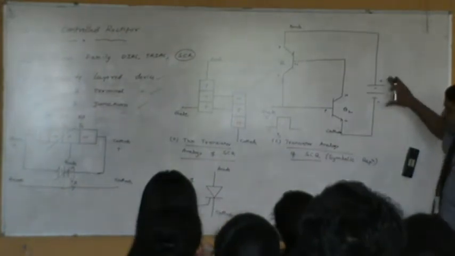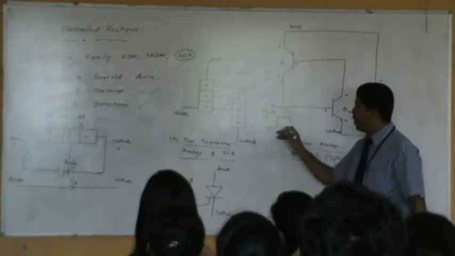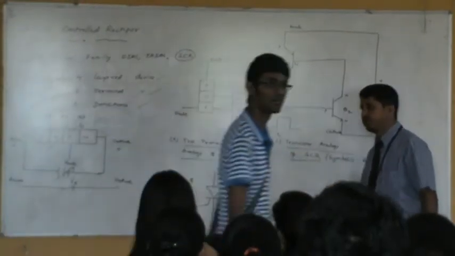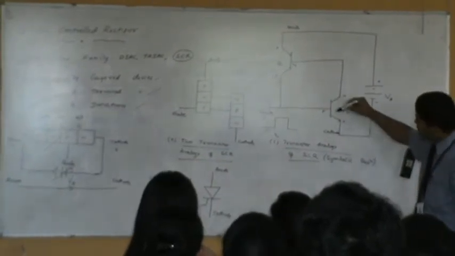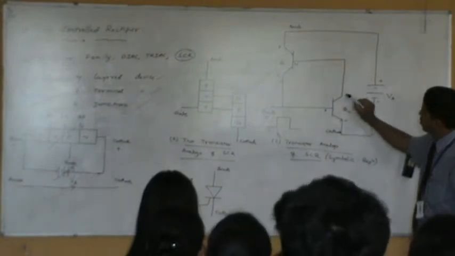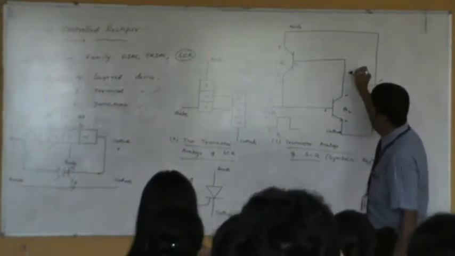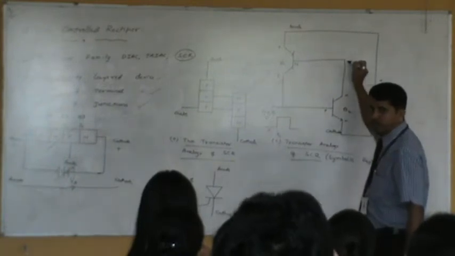What does this condition say? We have applied some voltage between anode and cathode. We haven't applied the voltage at the gate terminal. Gate voltage is 0. Because of that, this particular PN junction is not powered by us. In the same way, the PN junction here is not powered by us. That means a very small, negligible amount of current will flow through this.